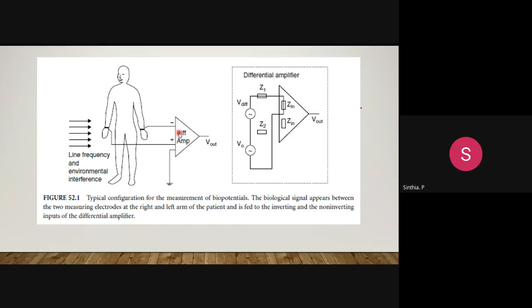Nowadays we use FET preamplifiers because they exhibit about 5 times lower voltage noise density compared to BJT amplifiers. As we already know, a differential amplifier may be designed with the help of transistors or an op-amp. Here we have taken the example of the op-amp differential amplifier. We also have BJT differential amplifiers designed with transistors. Next, we have the high pass and low pass filters. So these filters